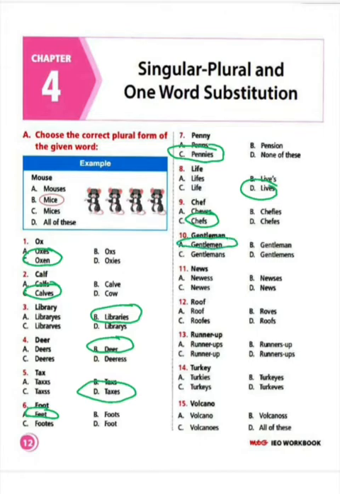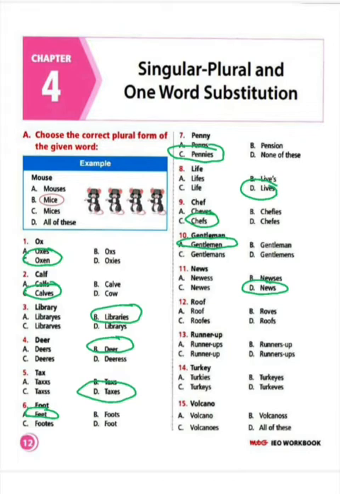Number 11, news will be number D, news, because news is already plural. It does not have any singular word, NEWS, that is the spelling, and it can never be without the S. Like there is no singular for news. Same way scissors also. We don't say scissor. It is always scissors, trousers. Like glasses, they're always spectacles. They're always in pairs. You cannot have it in singular form. Same way news also, it cannot just be new. Then it will be a different word.